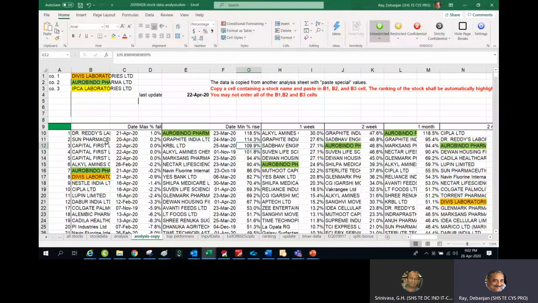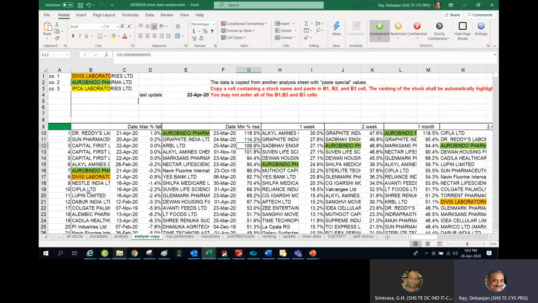So now this is the Excel sheet. And this Excel sheet is a simple Excel sheet, but it will give you a lot of information. First I will show you how to utilize this Excel sheet. Then I will show you how to customize this Excel sheet as per your requirement. I will also show you how to update the data from time to time. So first, let me explain to you about the utility.